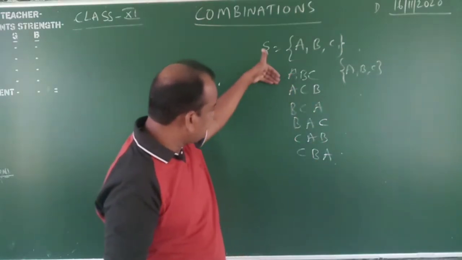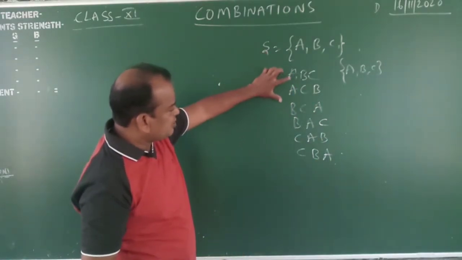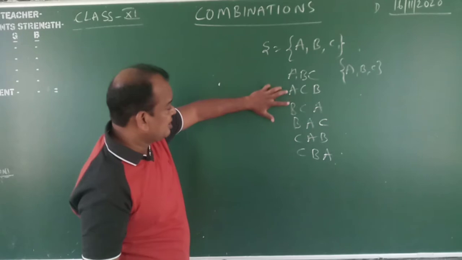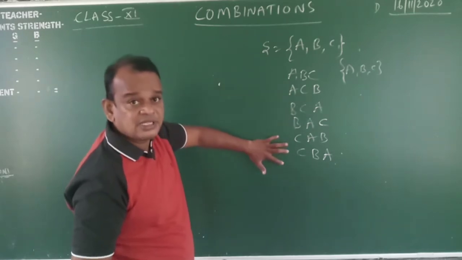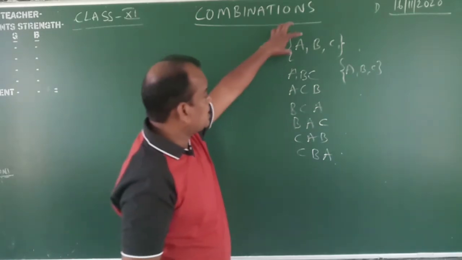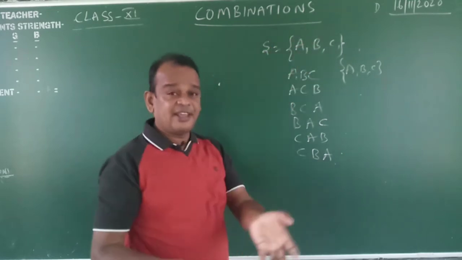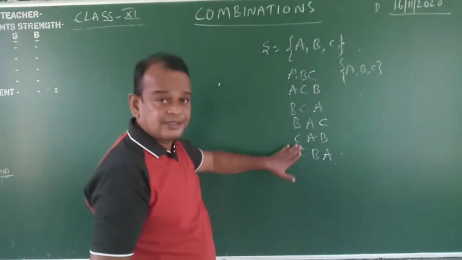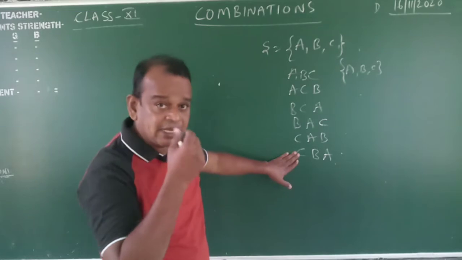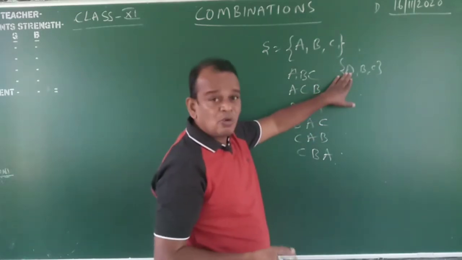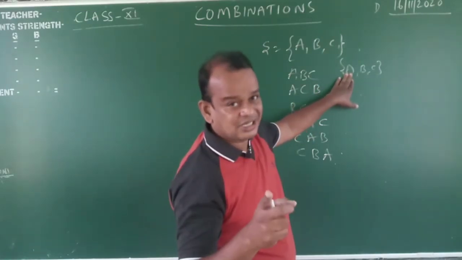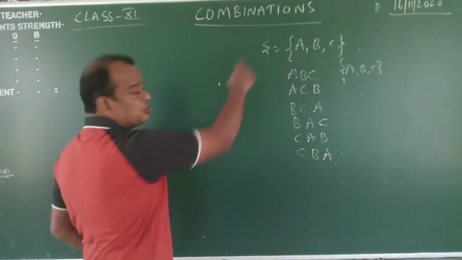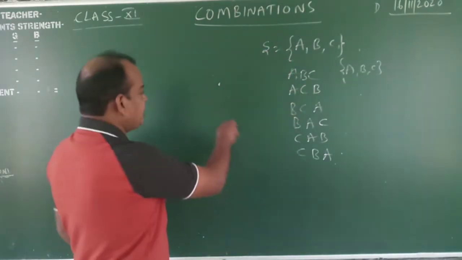Those 3 persons are in every arrangement. Same persons or not? Yes, same persons. In permutation, whenever the set has 3 elements, we arrange all the elements in 6 ways, selection and arrangement. But here selection is only one way. Observe the difference. Suppose in this one we take 2 at a time.